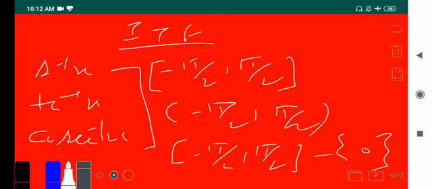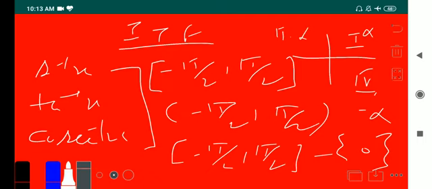So we can say minus pi by 2 to plus pi by 2 means the first quadrant and fourth quadrant are involved here. Whenever the value of x lies in first quadrant, then these values, sine inverse x, tan inverse x and cosec inverse x, will be positive, and when x is negative, then it is lying in fourth quadrant. So we know that in first quadrant the angle is alpha, in fourth quadrant the angle is minus alpha, and in second quadrant the angle is pi minus alpha.